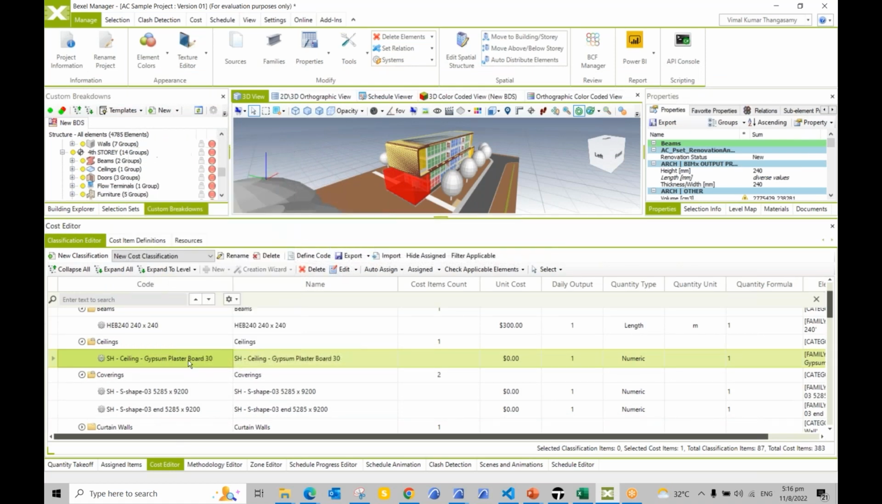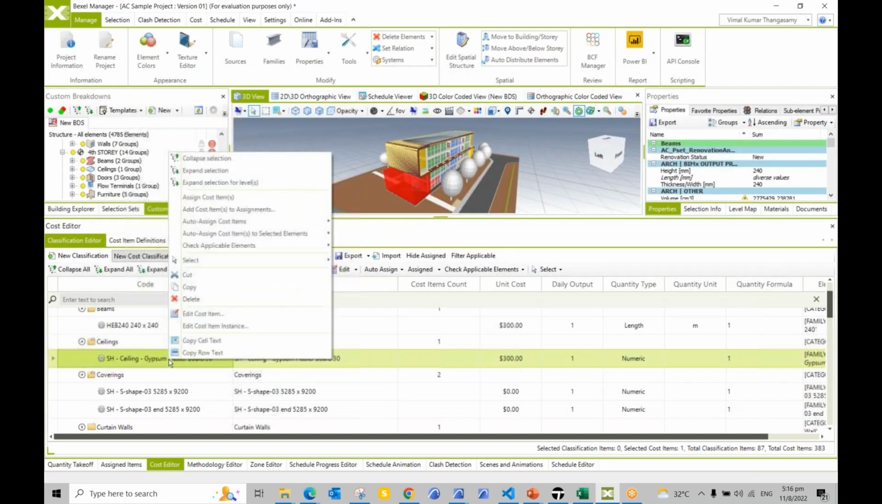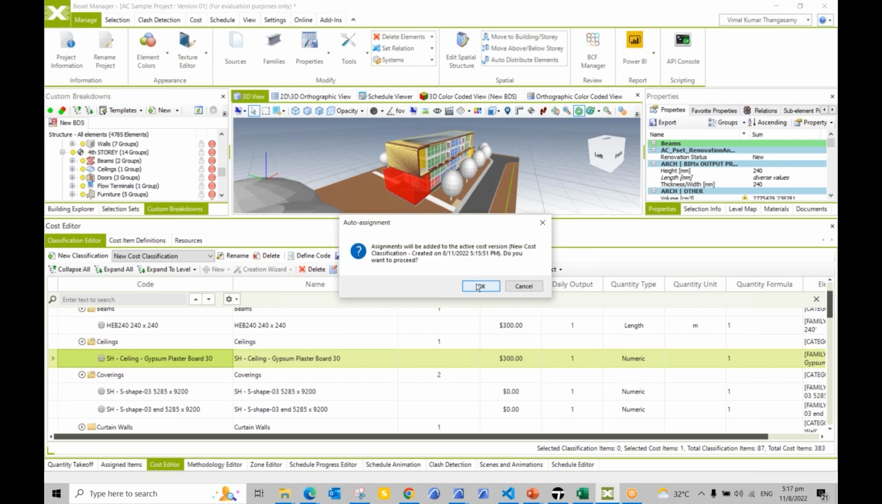Say for example, let me just do it again for the ceiling. So you can see here, I can enter the realistic value, but for the demo purpose, I'm just entering a random value and then just click OK. Now for assigning it again, use this option, and I'm using the active cost version because I already have one cost version open. Okay, so just click OK,